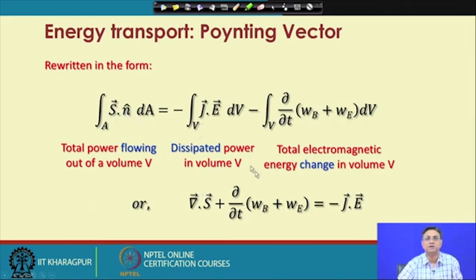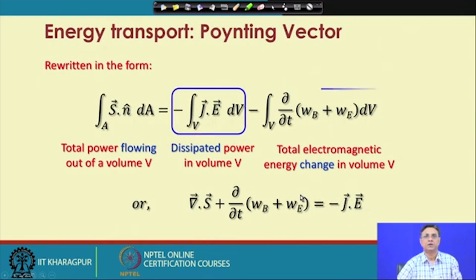Del dot S, this quantity we have called the power dissipation, and this del B del t, the continuity equation, is equal to minus J dot E. So,